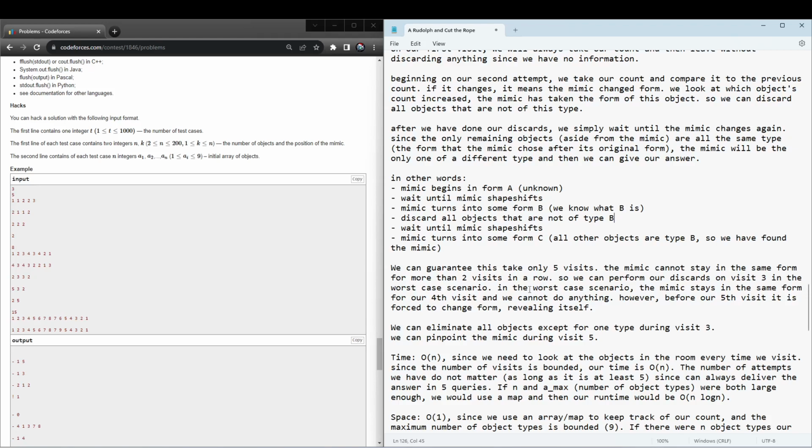And in the other worst case scenario, the mimic changes to something before our 3rd visit. We do our discards. On our 4th visit, we come back. The mimic hasn't changed, so we have to leave, since it could be any of those objects. And then on our 5th visit, when we come back, the mimic has to have changed by now, and then it's revealed itself. So our 5th visit is the worst case scenario, which fits our requirement of